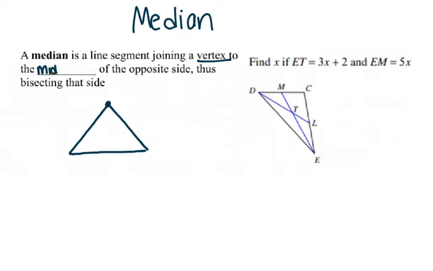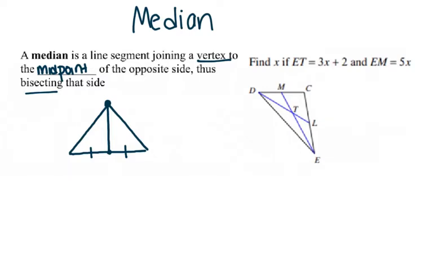And it joins the vertex to the midpoint of the opposite side, thus bisecting that side. So here's what it's doing. Here's the vertex. Here's the midpoint. They would connect. And this side over here would be bisected, which means it would be making two equal sides. So if you look at the picture,